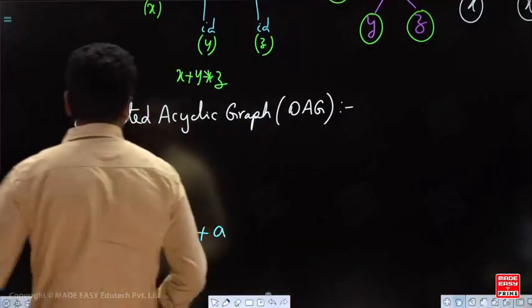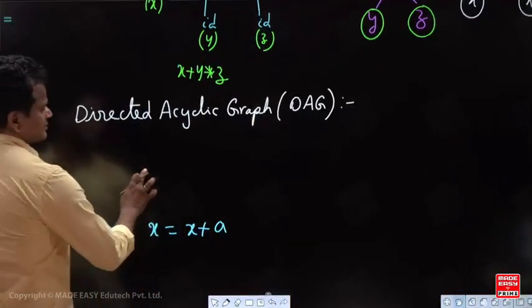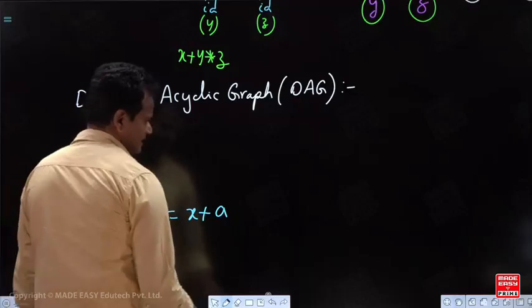A directed acyclic graph won't have any cycles. In DAG we don't have any cycles.